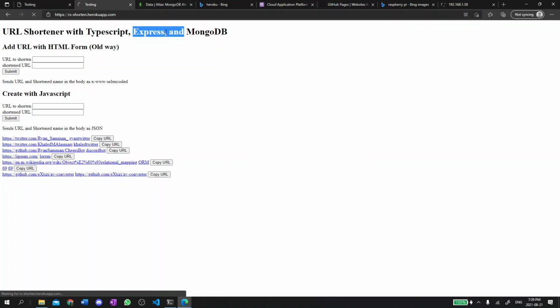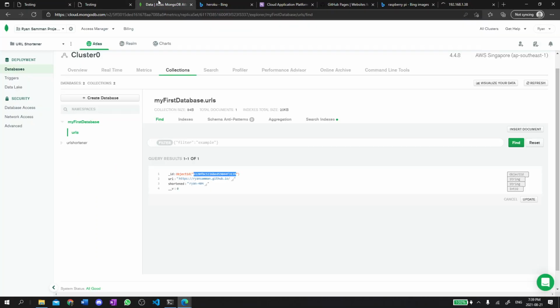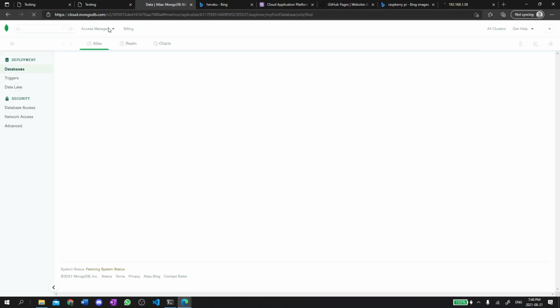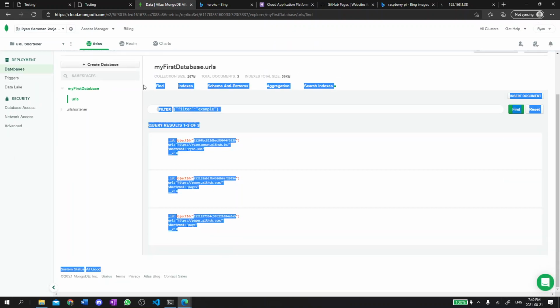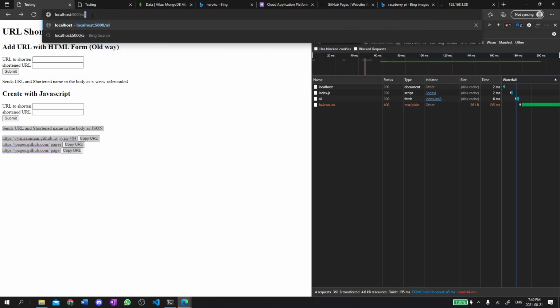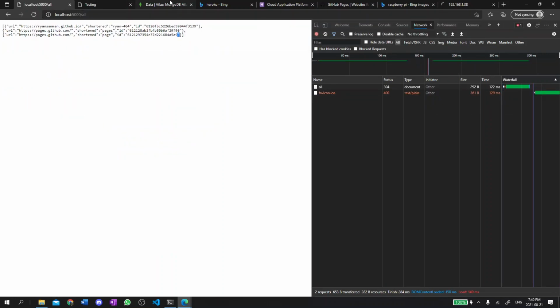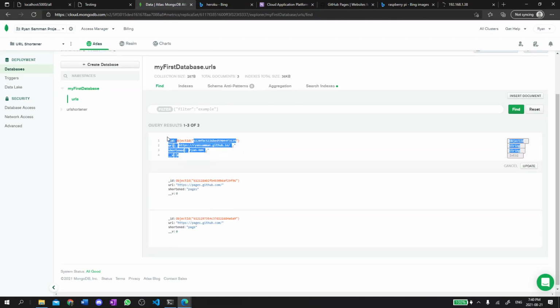And while talking about that, I'll just show you the actual database that I've been using for localhost. So I've connected to it using something called MongoDB Atlas, and you could see all the data that's inside this database. So as you could see, on this page, I've gotten all the data that is on my database. Now, if you wanted to just see it as JSON, you could go to /all. But this data needs to be stored somewhere. So I'm using something called MongoDB. It's not the best database, but